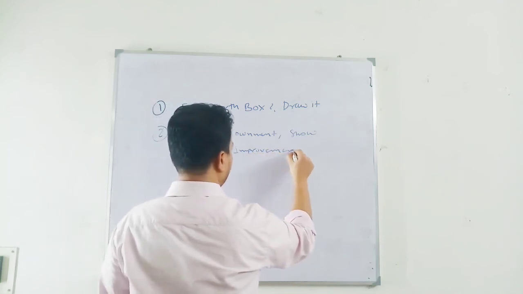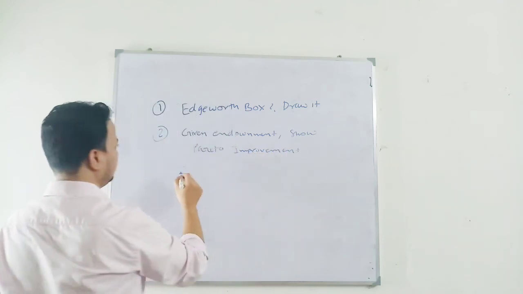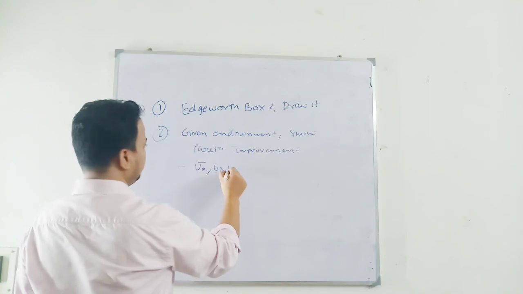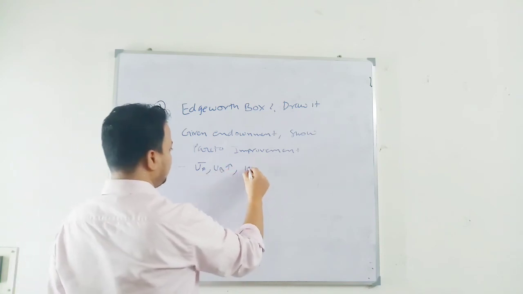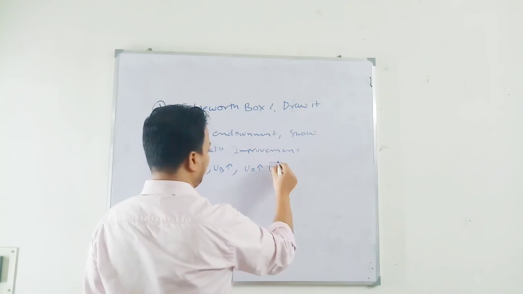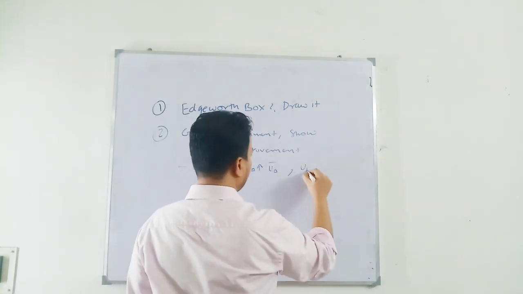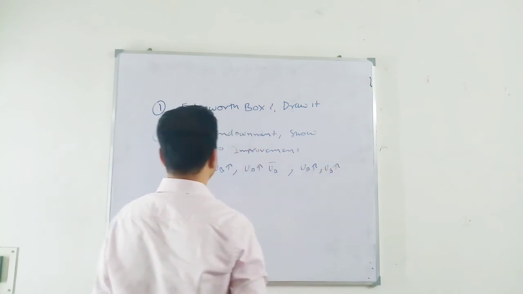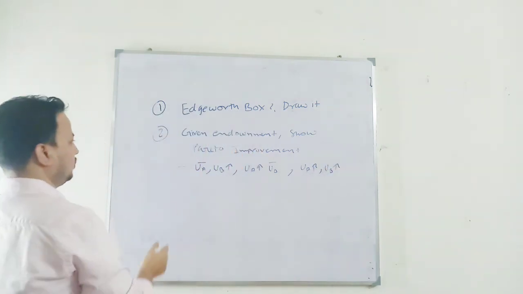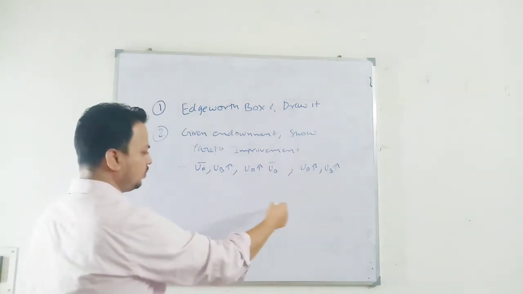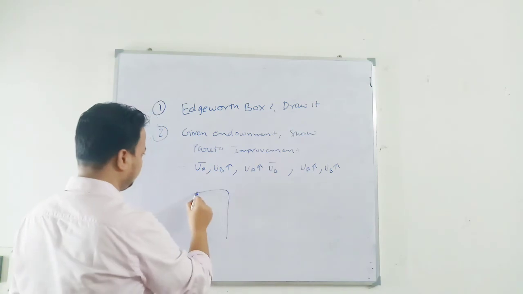Three cases will be there. Pareto improvement: keeping the utility of A given, increase the utility of B; increase the utility of A without having any impact on the utility of B; or increase the utility of A and increase the utility of B. So you need to draw the graph and show these three cases. You can make three graphs, like this one.